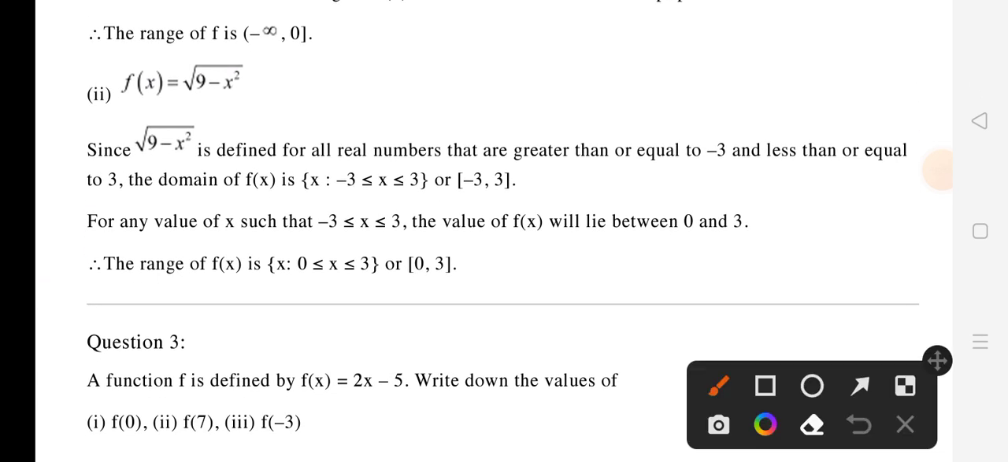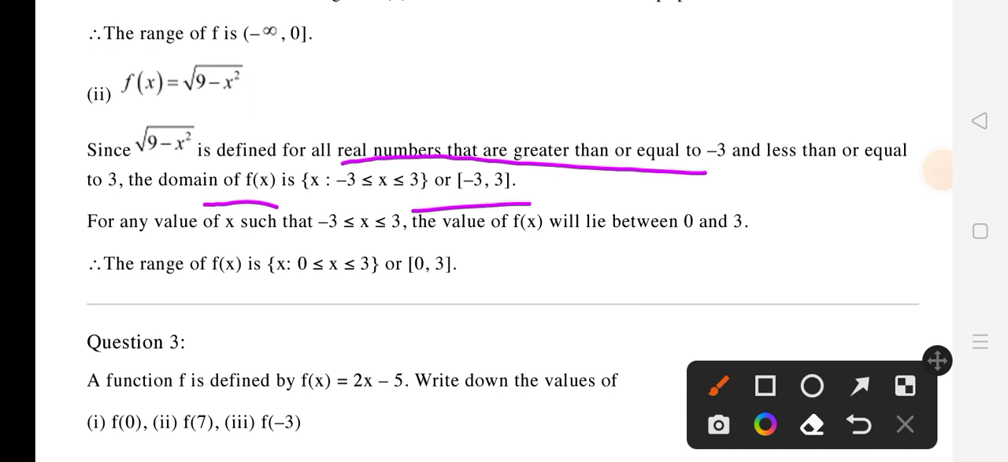नेक्स्ट फंक्शन है एफ एक्स इक्वल टू अंडर रूट 9 माइनस एक्स स्क्वायर। ये जितने भी डिफाइन किए गए हैं ऑल रियल नंबर्स दैट आर ग्रेटर देन और इक्वल टू -3 एंड लेस देन और इक्वल टू 3 है। डोमेन ऑफ एफ एक्स यदि बोला जाए तो एक्स जो है 3 और -3 के बीच में लाई करेगा, और ये एंडिंग पॉइंट -3 और 3 को भी लेगा। एक्स का वैल्यू -3 भी होगा और 3 भी होगा, मतलब क्लोज इंटरवल -3, 3।